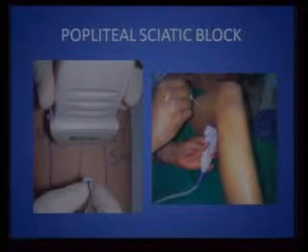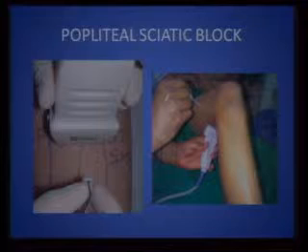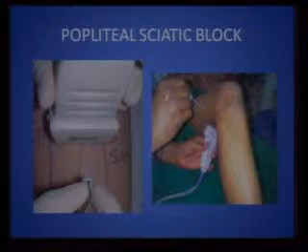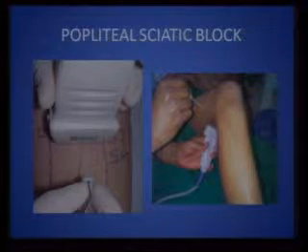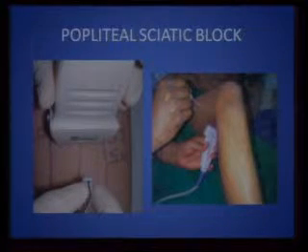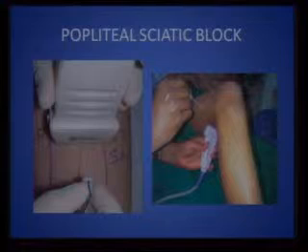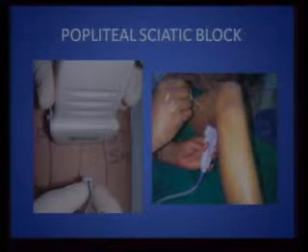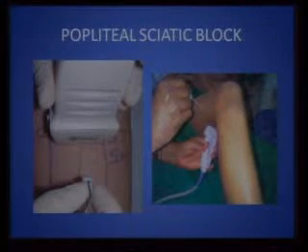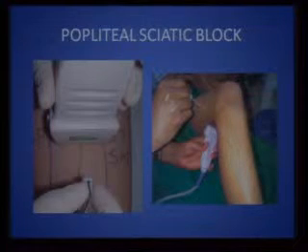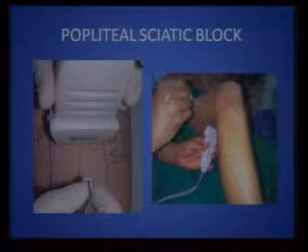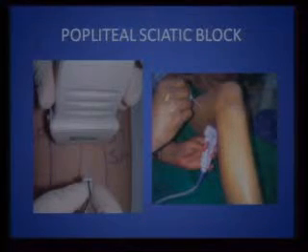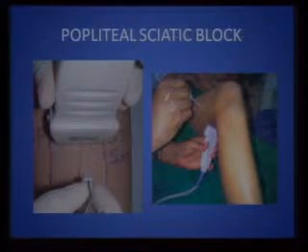Popliteal sciatic block, Ashit again spoke to you. This is a patient lying in prone position, and this is the linear transducer because this is a fairly superficial block which is applied proximal to the popliteal crease. Your needle can go either in plane or out of plane. You can also do this block in a patient who is lying supine with the leg flexed at the hip and the knee. You hold the ultrasound transducer this way and the needle goes in this way at a fair distance from the transducer,